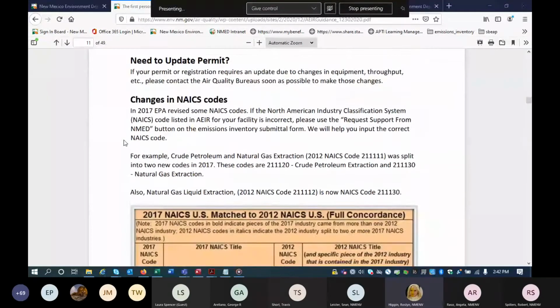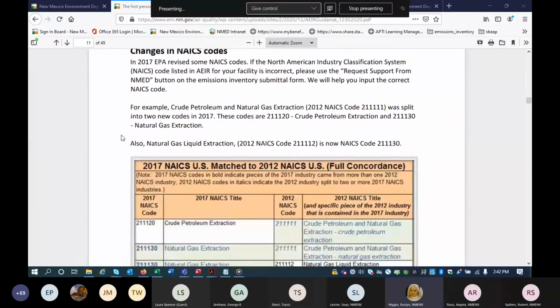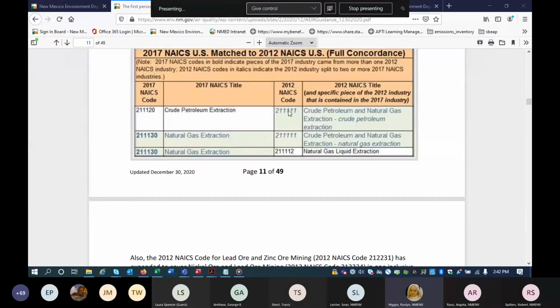And there's some information here that you may want to go over. This one's really important: changes in NAICS codes. There was a change in NAICS codes in 2017 for oil and gas. It's very simple. If you see 211111, you know it's incorrect. If you have that NAICS code